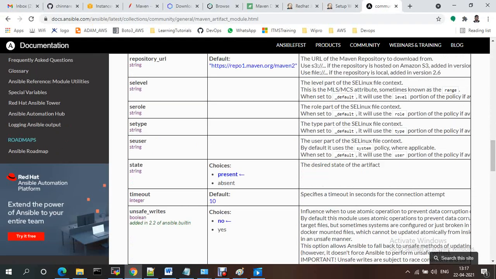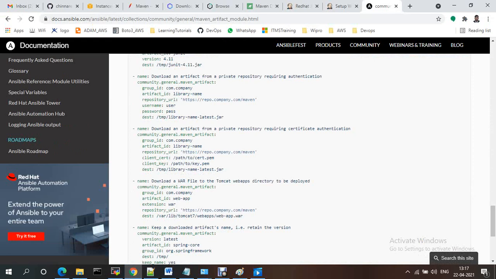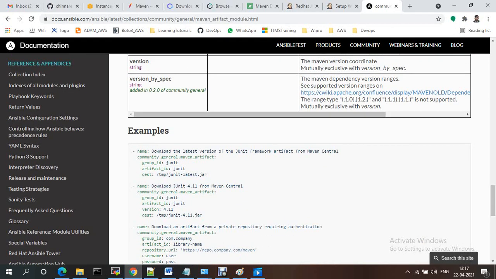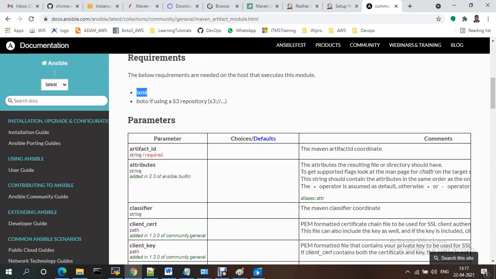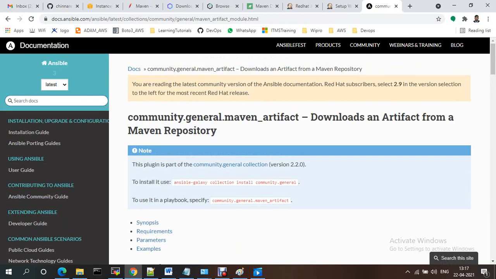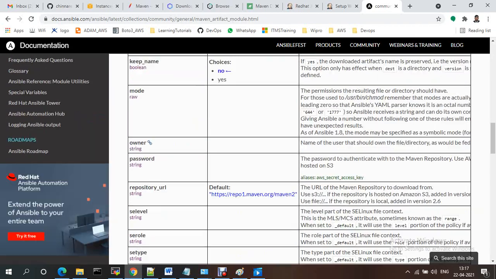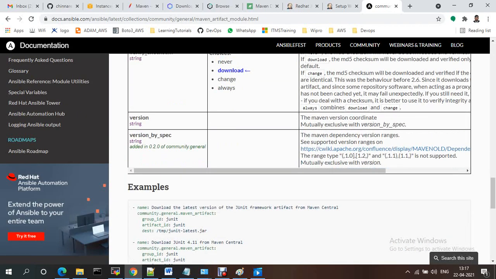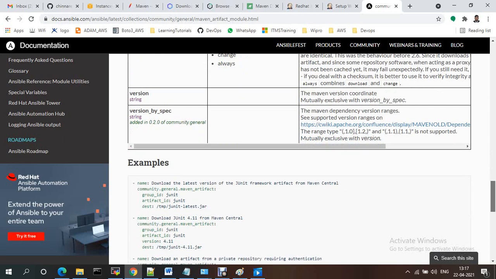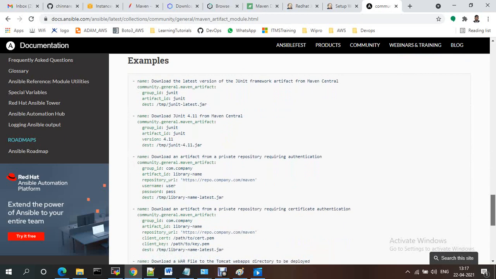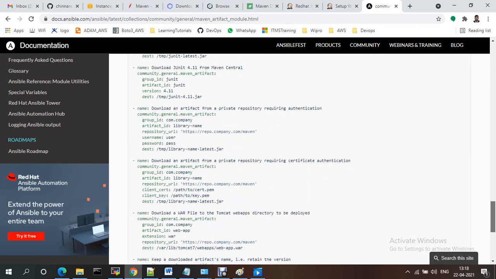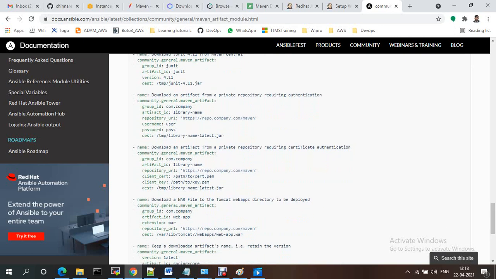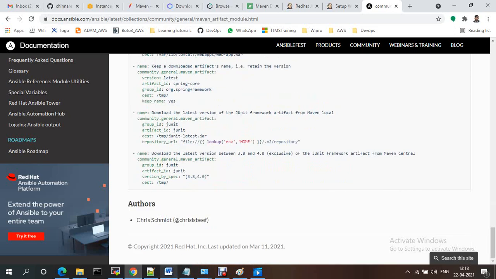If you go here, you just need to provide the group id and artifact id. The module is maven_artifact. You just need to provide everything.